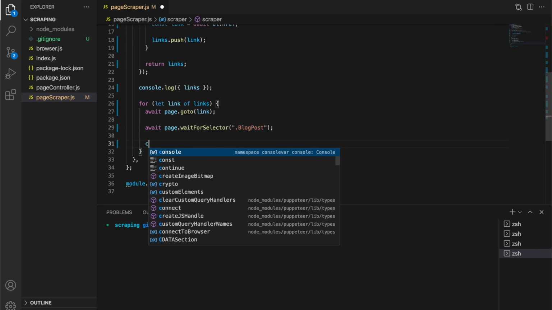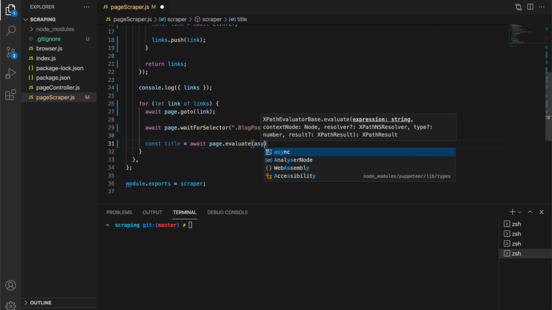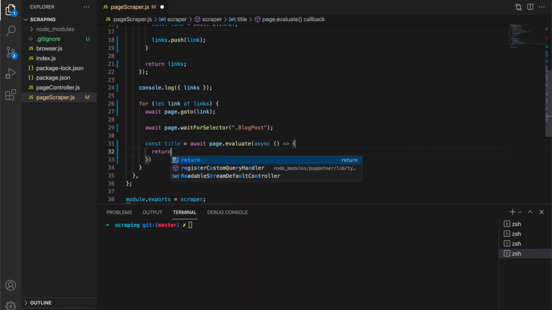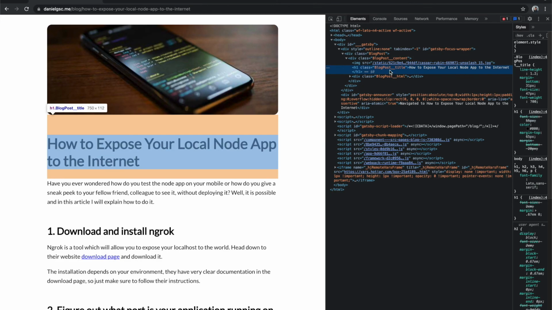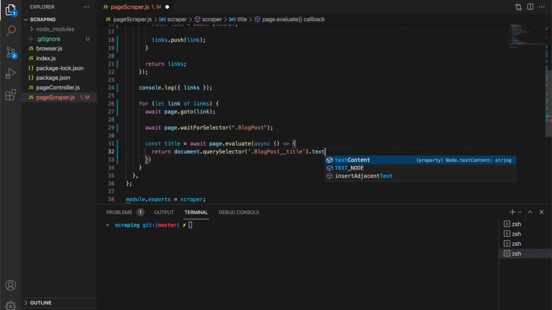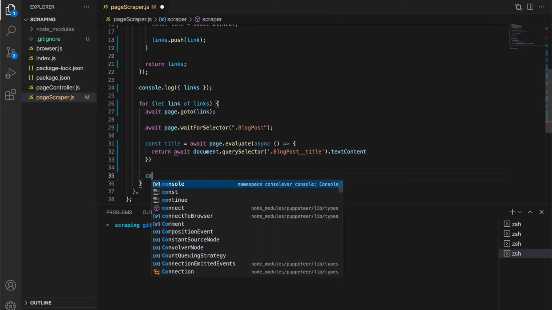So let's try to grab the title. Title equals await page.evaluate async, and let's say return document query selector. Let's see how we can select the title. It's blog post dot underscore title, and then let's say text content, and we also have to have an await here, and let's log it out.